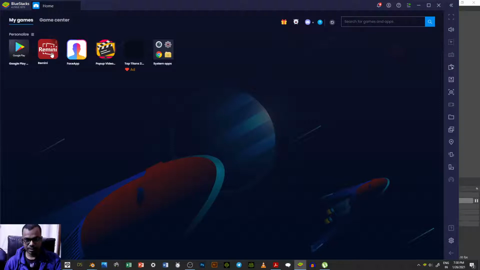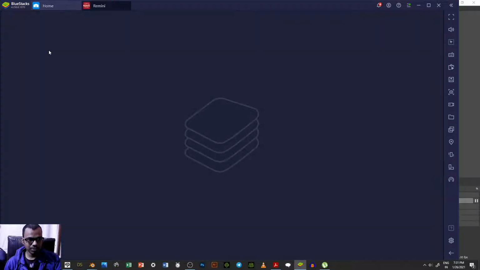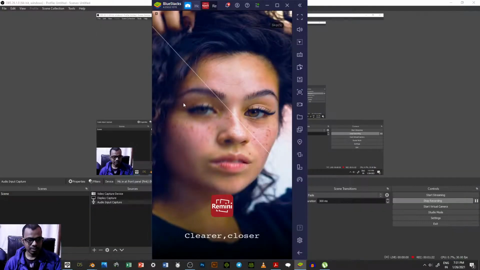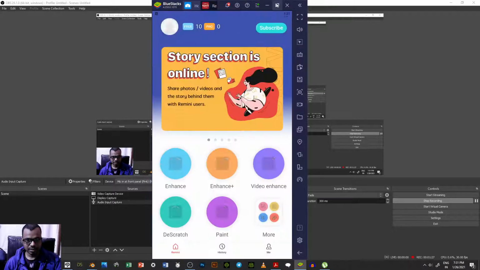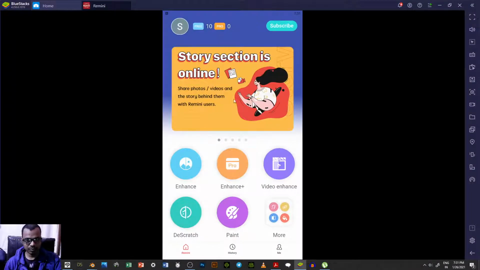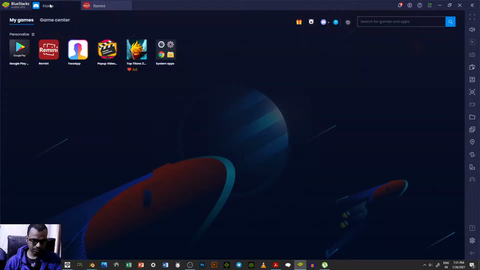I couldn't install it here, so what I did, I downloaded the APK version and I installed it from here. So as simple as that. So this is the tab to upscale your image, and by default it turns like this, and I'm going for full screen. I prefer full screen. Now go to, sorry, go to enhance. Before that, there is a small thing to do.